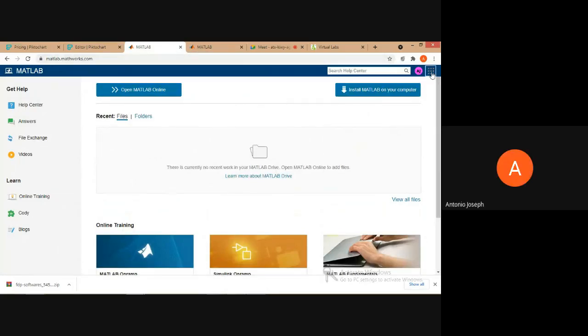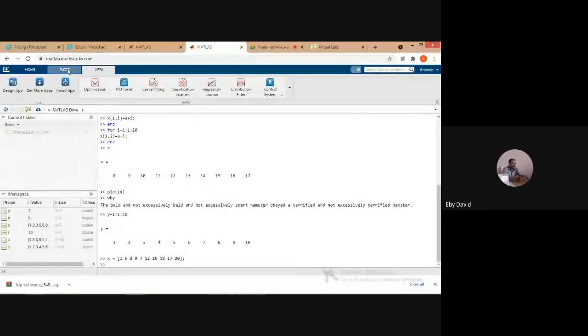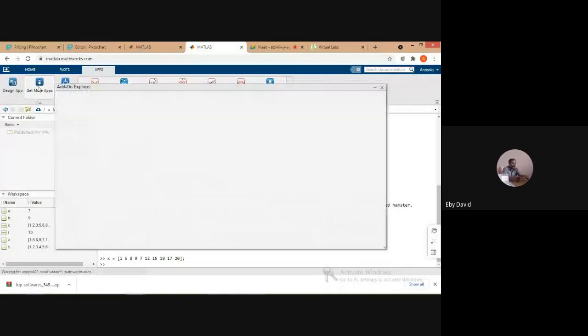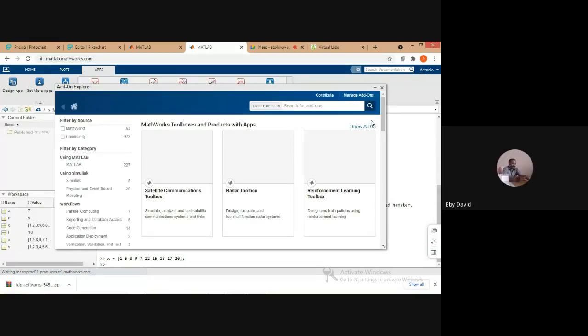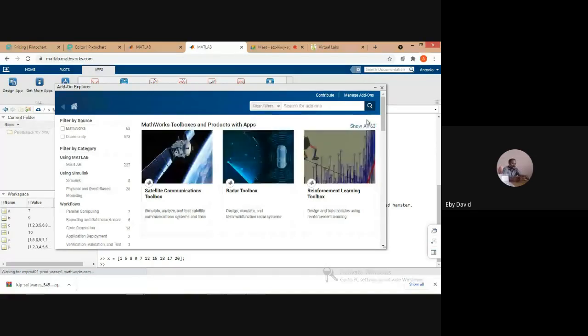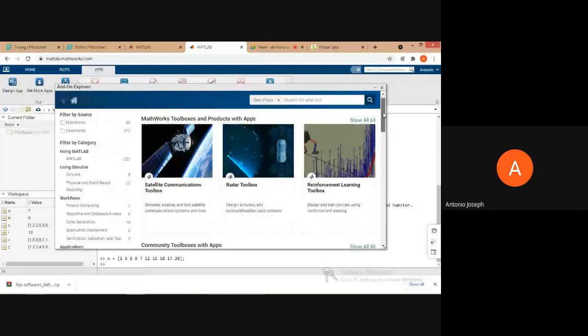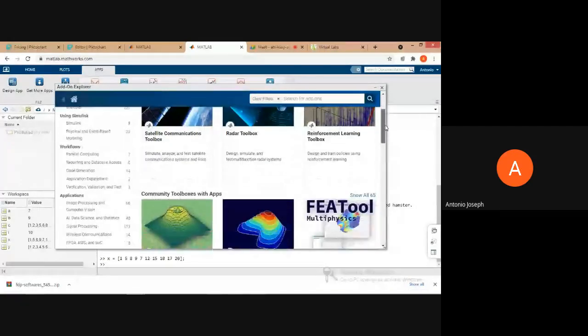That's why I had shown them some initially. If you can show something related to pharmacy and other things, they will understand and be able to explore it. Just an introduction is sufficient. Actually, I had shown the toolboxes already available with MATLAB initially, but the Get More Apps can be shown here. Yes, please don't forget to tell that. Yes, sir, I am showing that right now.